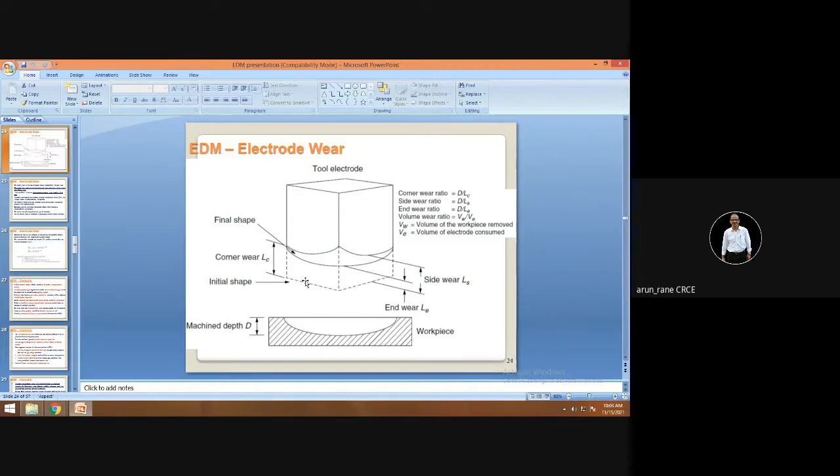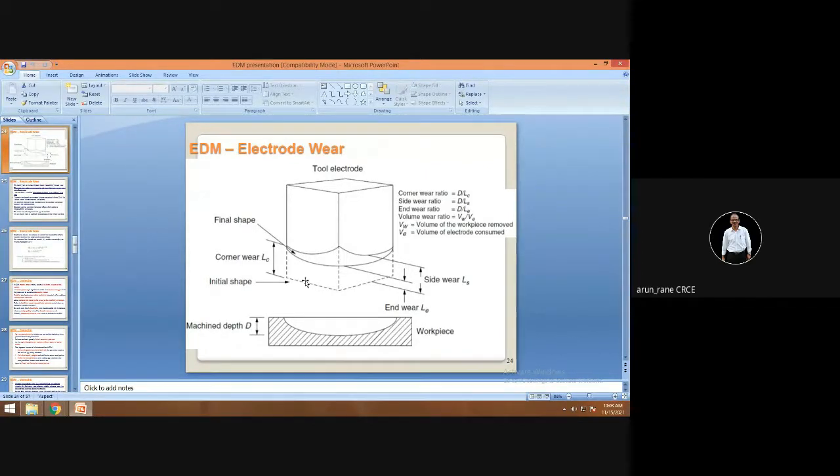Okay. So generally three electrodes are used in EDM machining. One is roughing made out of graphite, the second is semi finishing made out of graphite again, and then finishing made out of copper. So obviously more current is required for roughing and semi finishing, so the spark gap is more. Generally 0.5 millimeter is the spark gap for roughing. Then 0.3 millimeter is the spark gap for semi finishing.